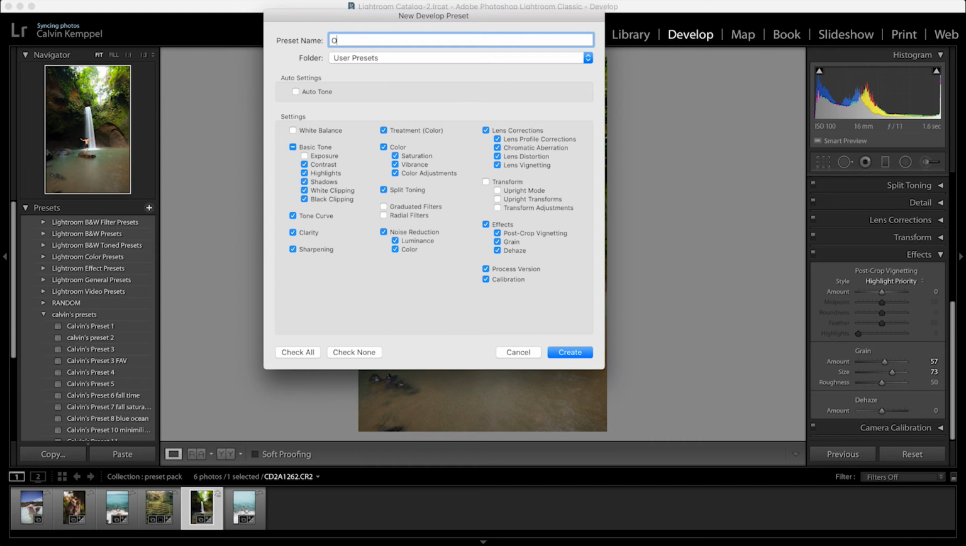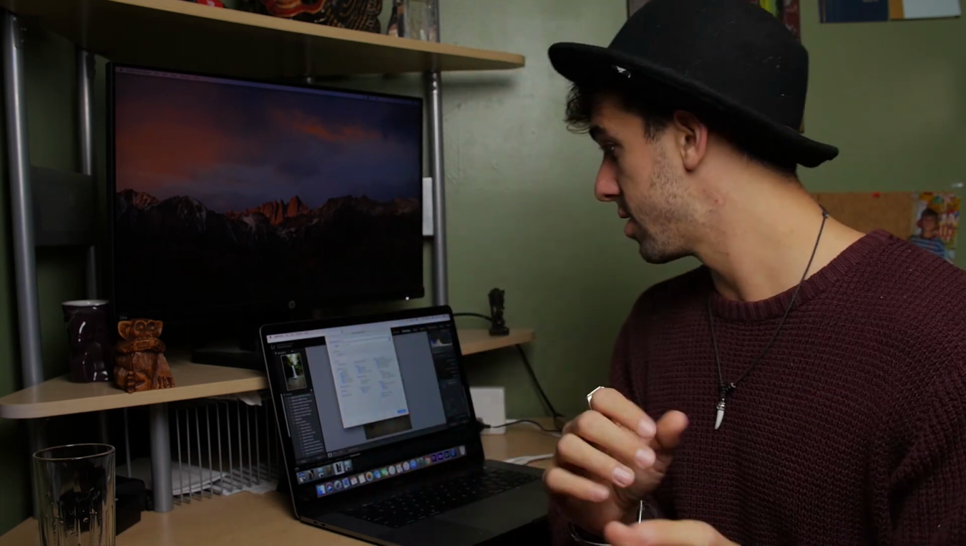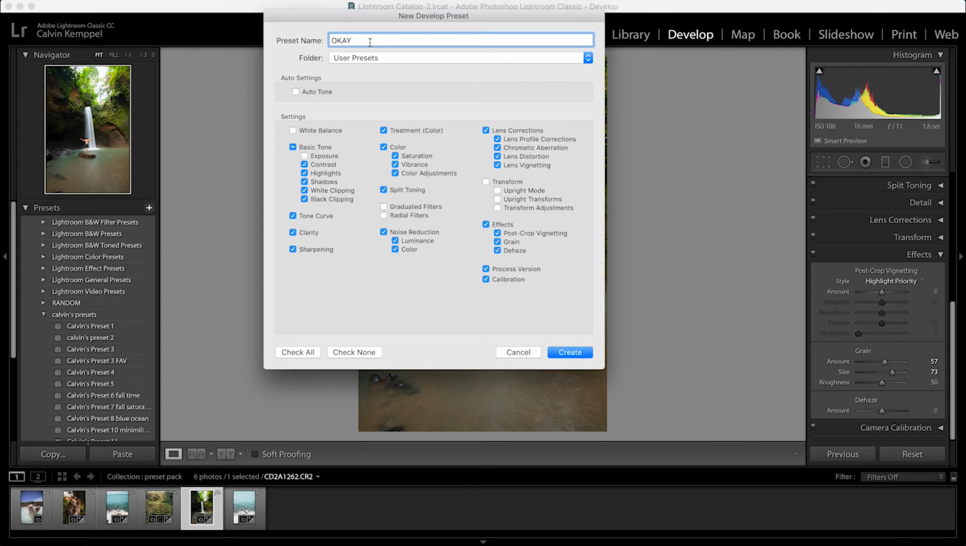I don't really like this preset. It's just okay for me, so I'm going to write okay. But this is very important. This is huge. Don't forget this. Make sure you do not select your white balance or your exposure. See how I have both of these unchecked? That's really important because